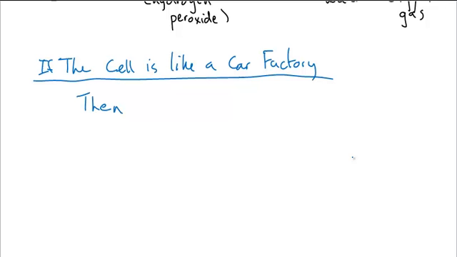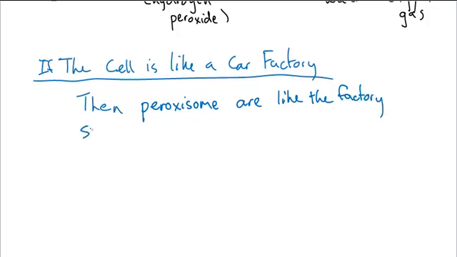And the best thing I could think of is then peroxisomes. You might come up with a better one. Peroxisomes are like the factory smelter. Some of you don't know what a smelter is. Okay? It's where you heat up and melt various metals to make steel. So, where steel is produced,